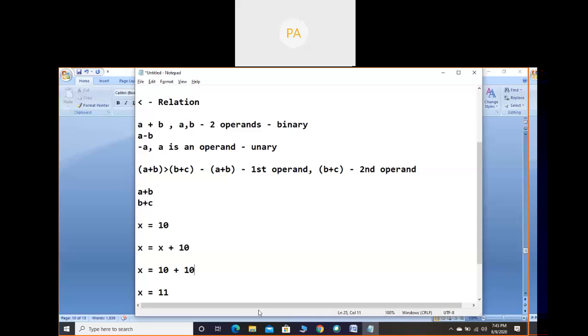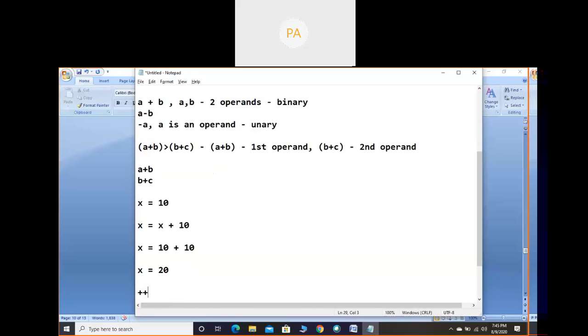So then our value becomes 20. 10 plus 10 is 20. So whatever value we use after the plus symbol, that value is added. But in case of plus plus, it will increase only by 1. Not by the value we give, it will increase only by 1. So now we will consider it in that way only. Instead of adding some other number, we will add only one number, because we will understand this plus plus operator.